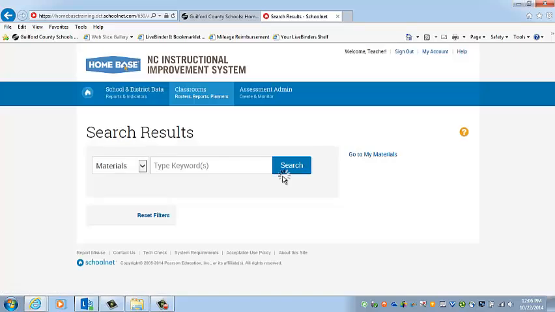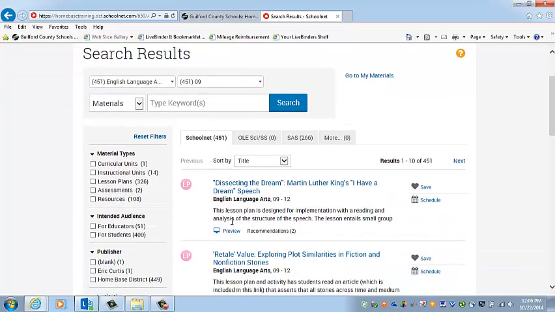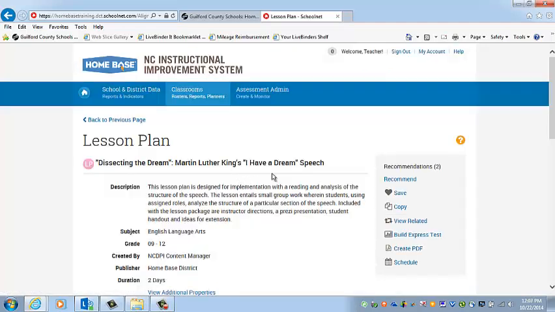And this is going to bring up all of the instructional resources or materials that are related to English Language Arts, Grade 9. And as you can see, the first one is the lesson plan resource that we're going to build an express test from, so you would need to click on the title. Once you click on the title, there are several actions that you could actually do with your lesson plan resource. You can save, copy, view related, build express test, and we're going to click on build express test,